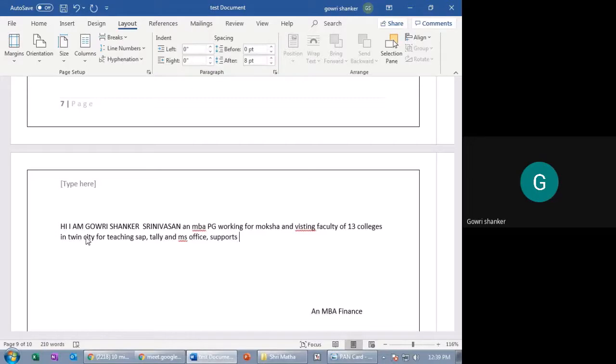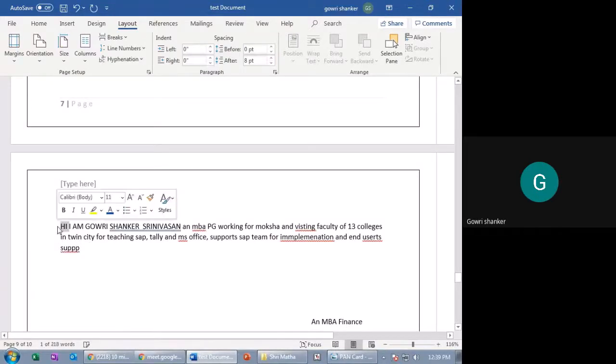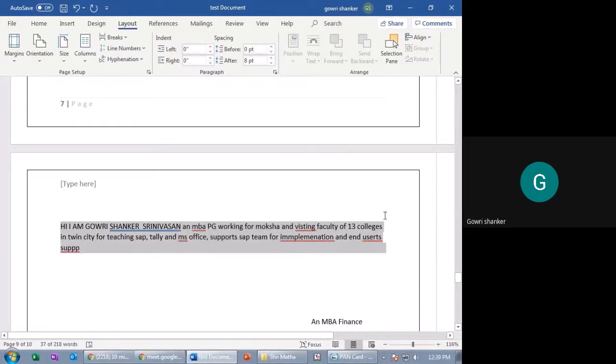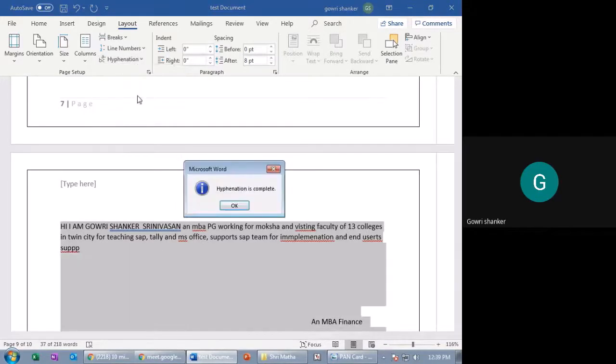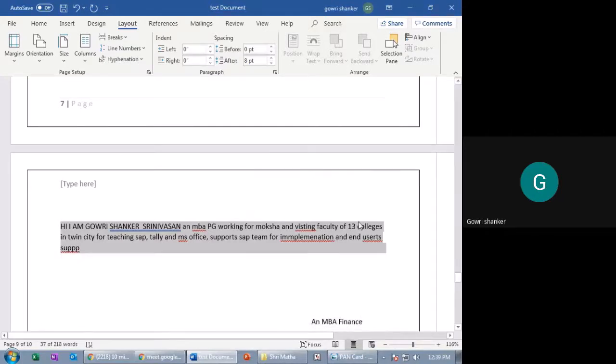Supports SAP team for implementation and end user. See, now I'll show you here. This is hyphenation. If I select automatic here, it is taken automatically. If I take manual, it's complete. This is manual.